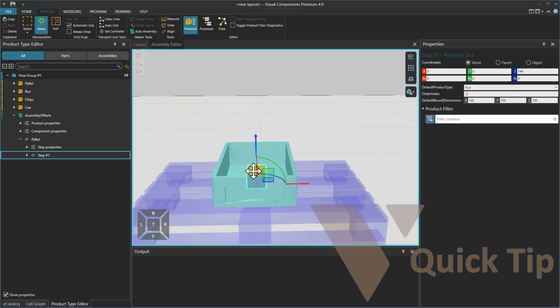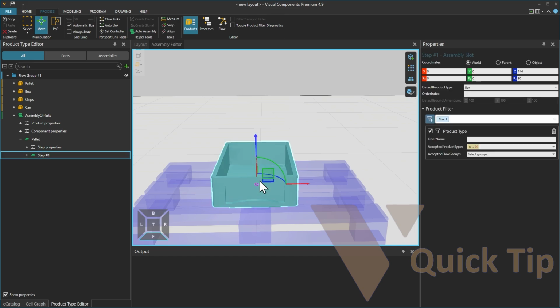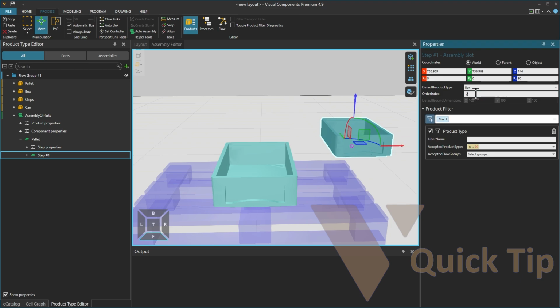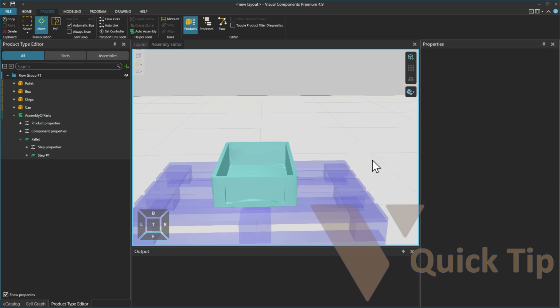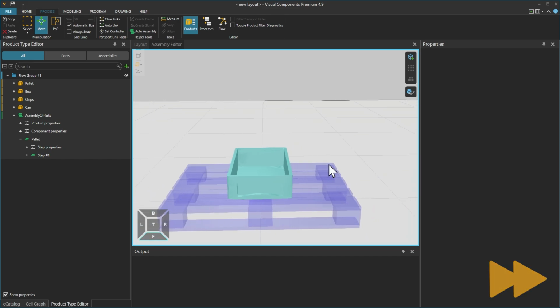We will right-click on this example slot and delete it, and then selecting the Step 1 assembly slot in the assembly editor and clicking Add Slot again, the new slot will assume the same product type and be placed at an offset, so we can visualize the addition of the same product type. And again, the order index will increase by 1, and the same product type filter will also be applied. And again, we will delete this example slot. So now we are going to create the next slot using a pattern.